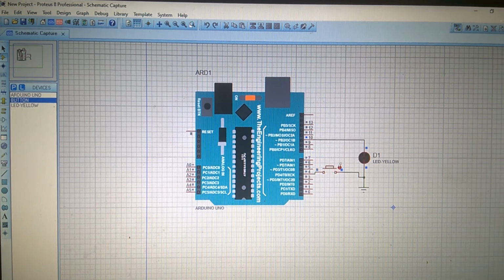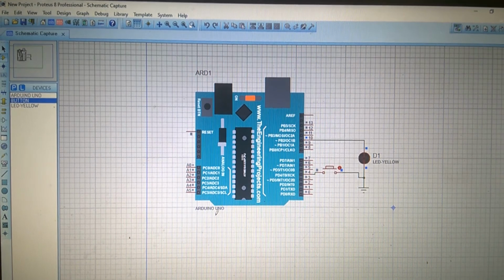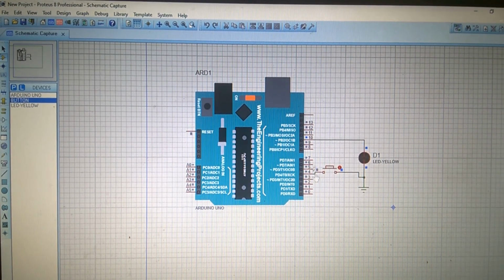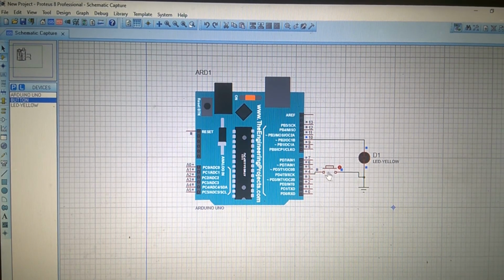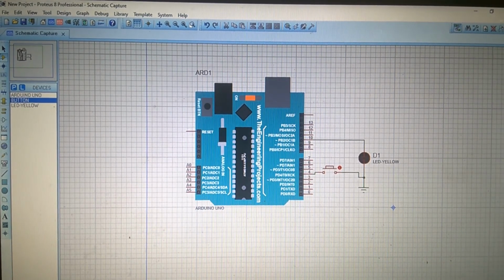Okay, so let's go back to the code. Before I go back to the code, I have to mention to you that the way this button works, when it's not pressed, there is 5 volts present in there. Okay, so when we come to the code, let me pause the simulation. When we come to the code now, the one which we've written,